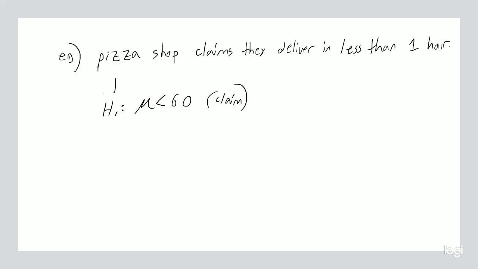Our null hypothesis is going to be the opposite of that: it's greater than or equal to 60. So now we're starting off assuming that they deliver in 60 minutes or more, and we're seeing, is there enough data to reject that null hypothesis? Let's say we're going to have the same significance level,